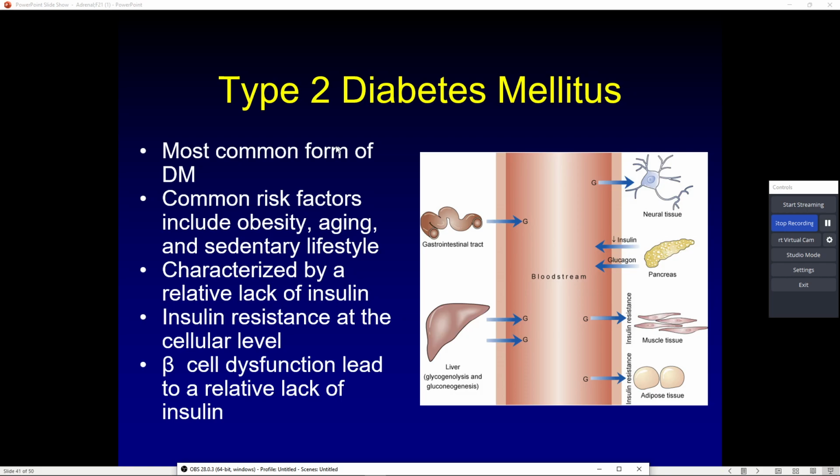The cells actually go out. They go to the cell Home Depot, buy a new lock set, come back to the cell and change the lock on the cell. Insulin comes out of the pancreas into the bloodstream, from the bloodstream to the cell. And the cell says, all right, go ahead. And insulin tries to unlock the cell, but it cannot unlock the cell. It cannot open the door of the cell and let that sugar in because it is no longer the key that fits that lock. We call that insulin resistance.